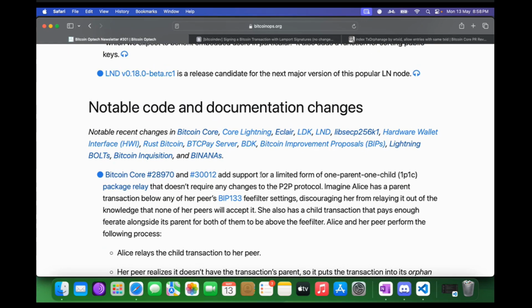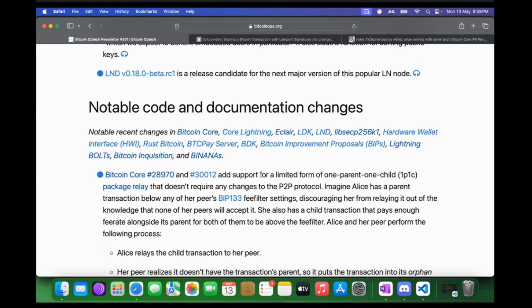So the peers check the orphanage and see that this parent transaction has a very low fee, but it also has a child in the orphanage that pays a high fee. So they will take the parent transaction with the low fee and the child transaction in the orphanage with a high fee, and they will see the aggregate fee that the entire package of the child and parent are willing to pay. And if the entire package of the child and the parent are paying a fee which is above the minimum fee that the node accepts to relay a transaction, then the nodes will accept that transaction